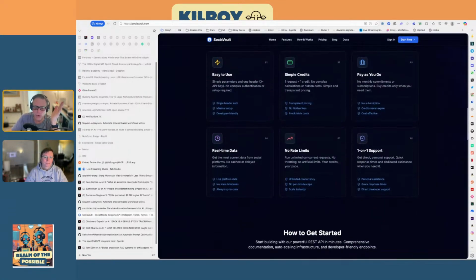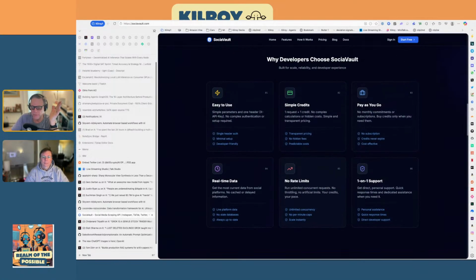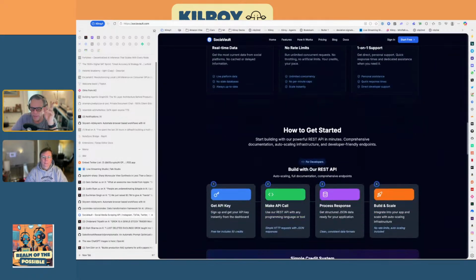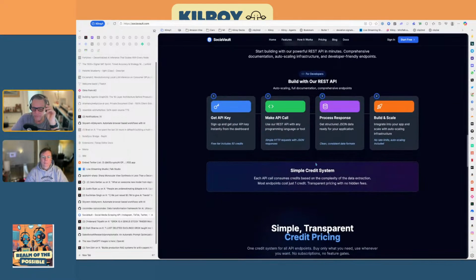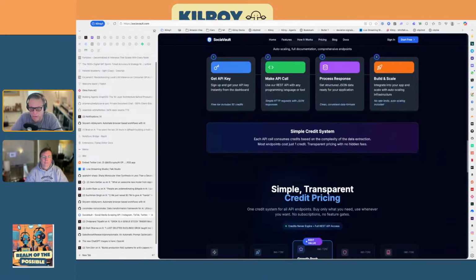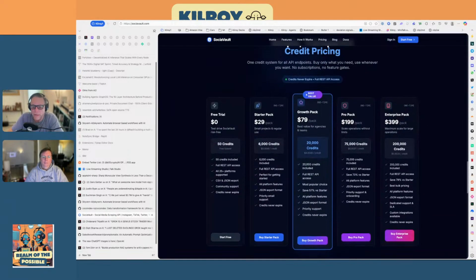Yeah. And Twitter charges a fortune, so the average person can't really make use of it. So I guess these guys are paying whatever it is, 25 or 50 grand a month to Twitter for the API calls, and then they parse it all together for you. So it ranges from a free trial to $399